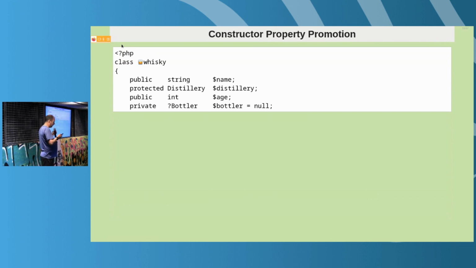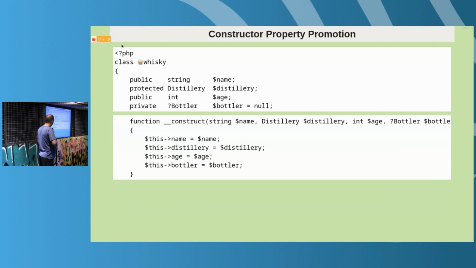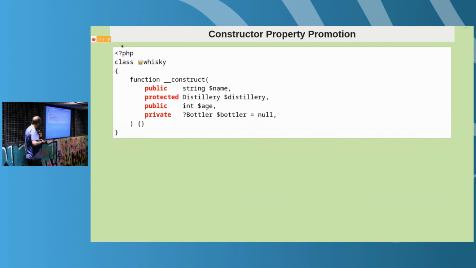If you want to write it out in full, what do you get? You have the name of each property 4 times. You have the types 2 times. You have lots of assignments. This is all boilerplate code, right? It's really boring to type. So that's why we got, in PHP 8.1 I'm going to say, but it could be 8.2 or 8.0,